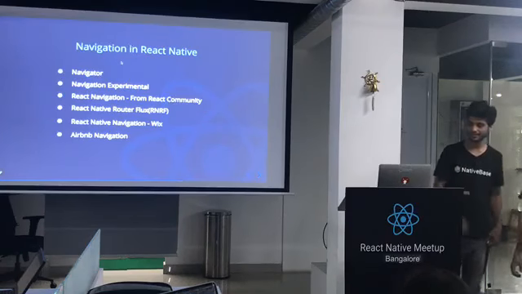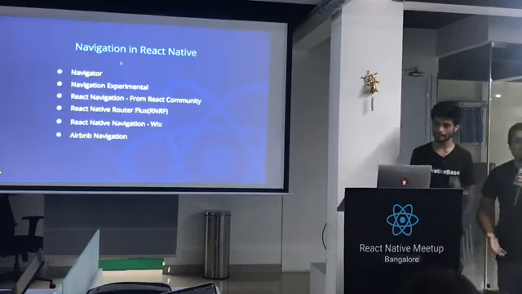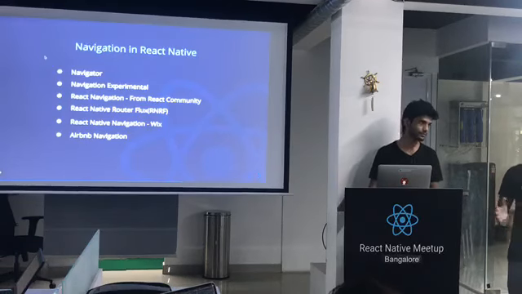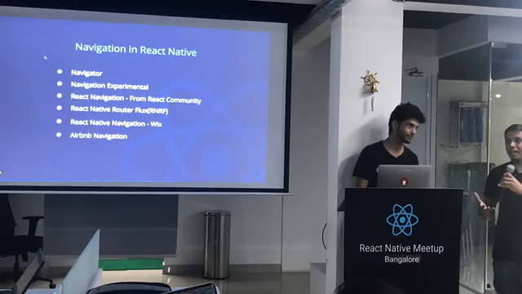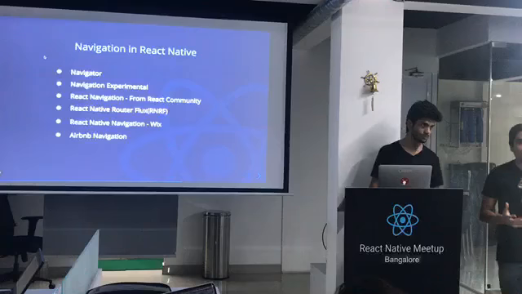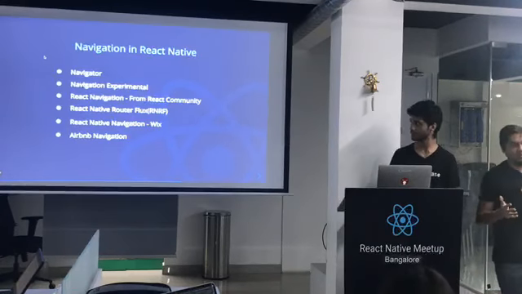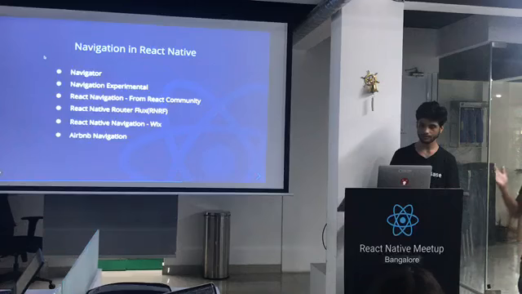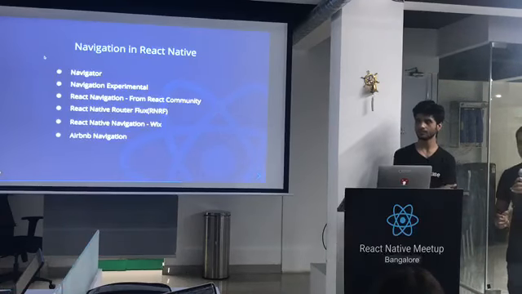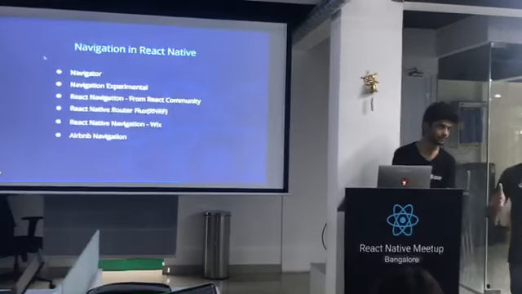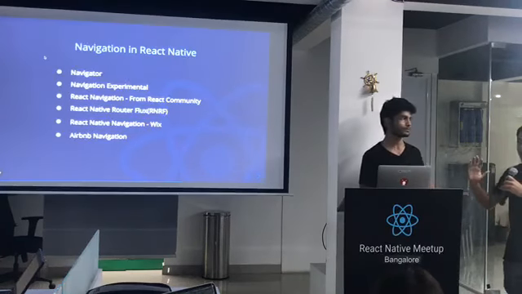When Facebook came up with React Native, they had a very low-level navigator, and people faced this problem if you want to navigate from screen A to screen B. The problem was that they wanted this navigator to be cross-platform, and navigation is handled differently on iOS and on Android.